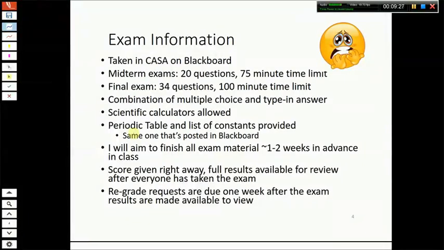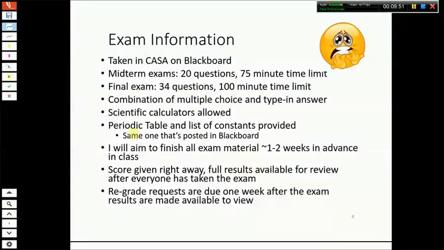The exam sign up is about 2 weeks before. We'll cross that bridge when we come to it, but you will need to sign up for a time to go take the exam, and it's usually a span of 3 days that we'll have each exam open for, and you can take it any time those 3 days it's available. The midterm exams are 20 points and they're 20 questions, so we keep it nice and simple. Each question is worth 1 point, 1% of your grade, and there's a